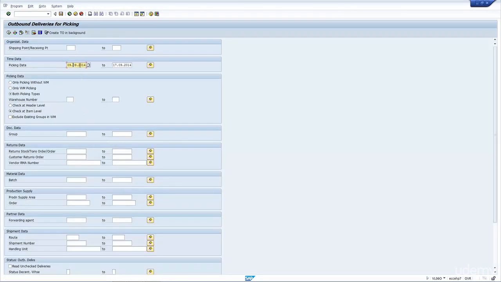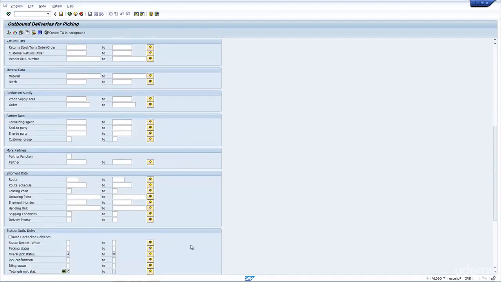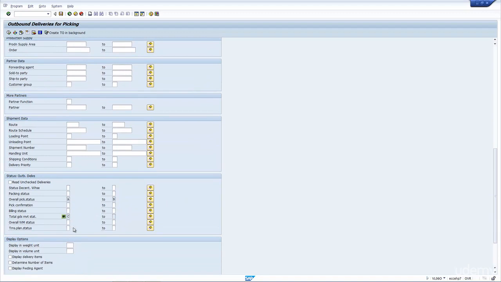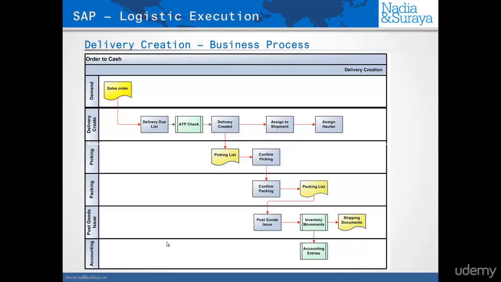If I click on picking, for example, you have the picking dates here, and if I expand the selection button and scroll down, you can see the status. The overall picking status is set to A, and the total goods movement status is not set to C. So again, it's only ensuring that it selects everything that's been picked. Now, if we look at the process here again,